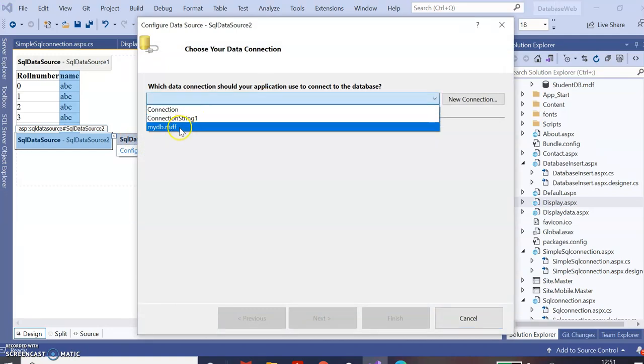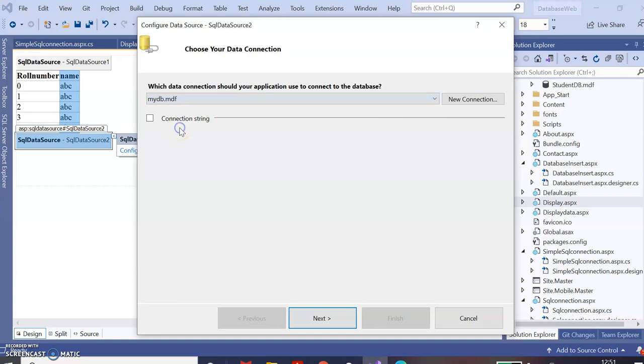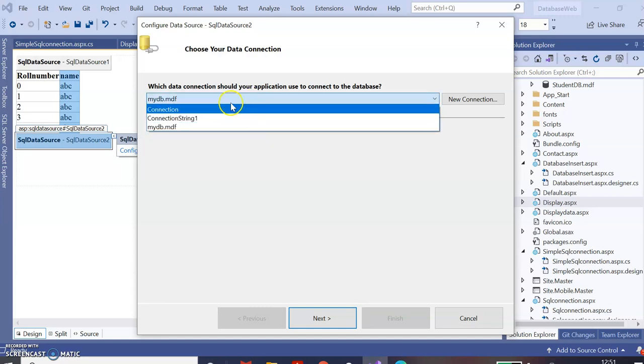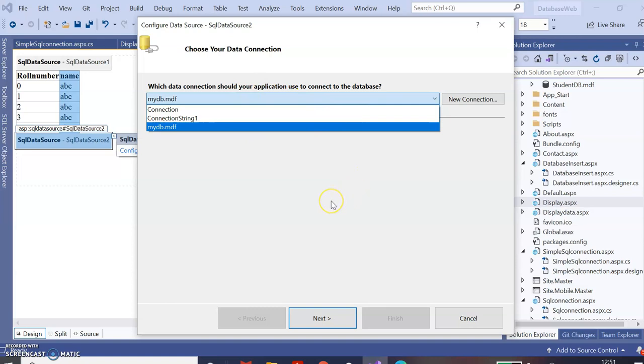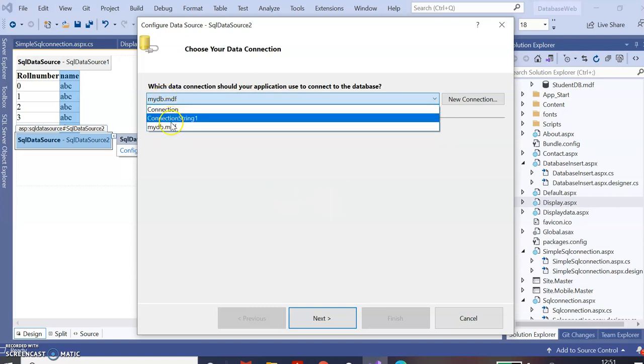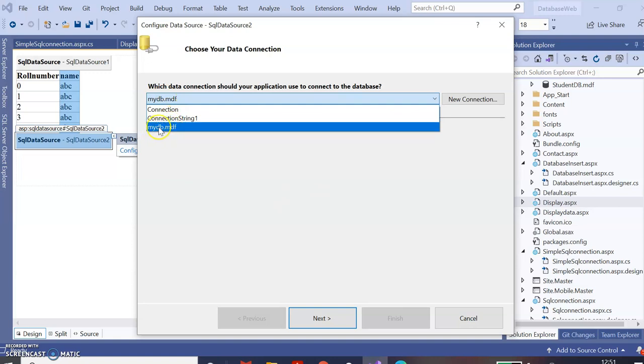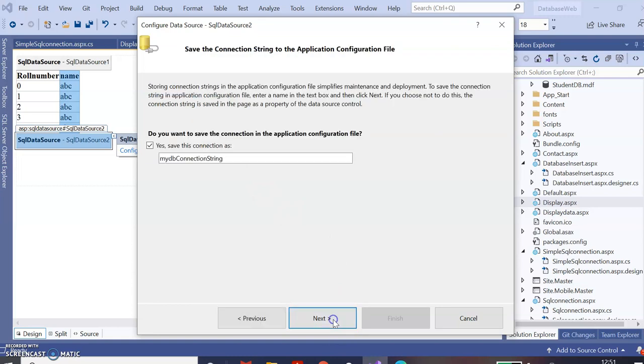Suppose now this one, mydb.mdf. One connection string we have already configured with this student db, so that's why it is not showing right now over here. So mydb.mdf is not configured, so select this one, say next, mydb connection string, next.